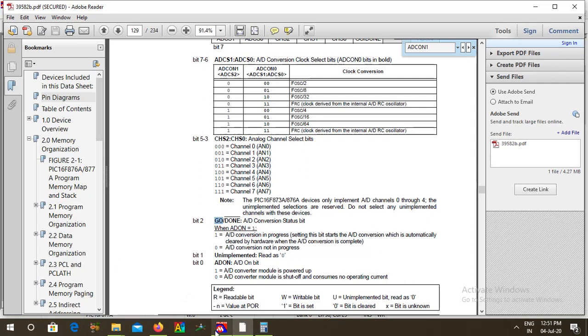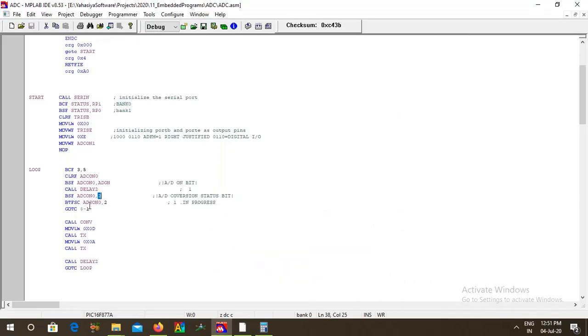We are commanding the analog to digital conversion. When we do so, then we are monitoring the same bit. After making it 1, we wait for that to become 0.